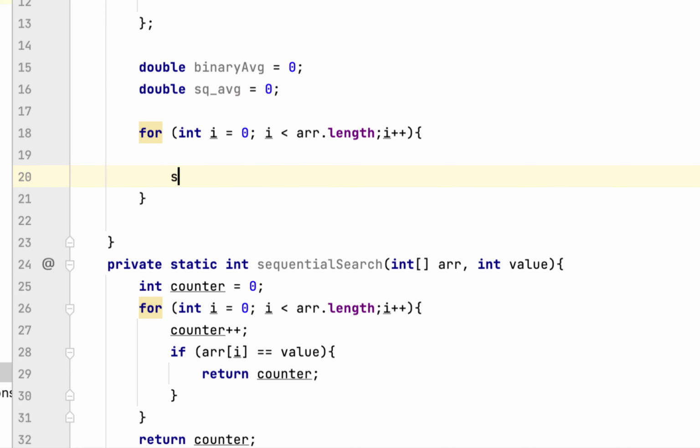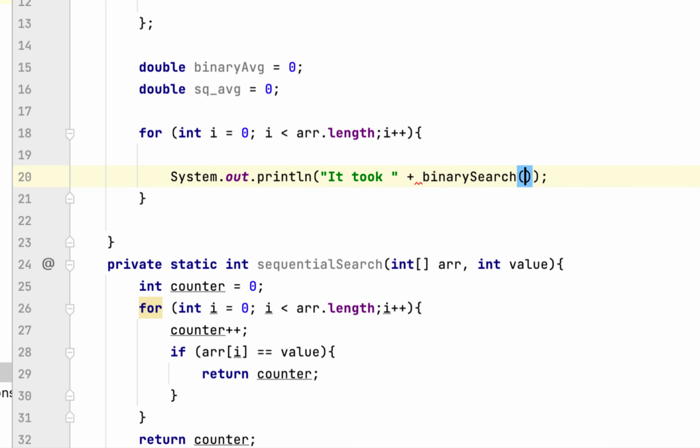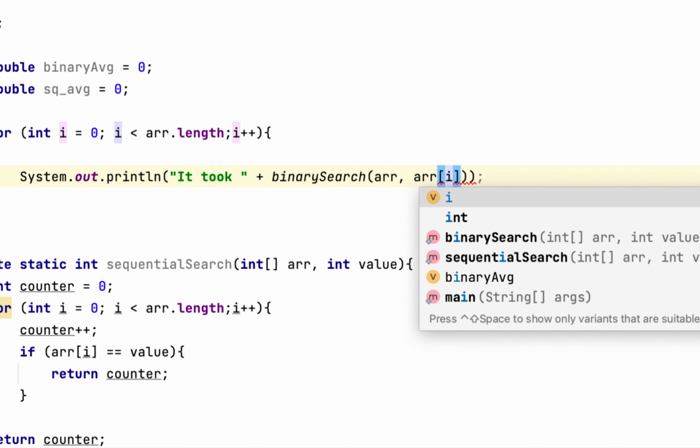Then what we would do is we will create a system out. Then we will say it took. Then we call binarySearch method, and we will pass the array and the number that we want to find,